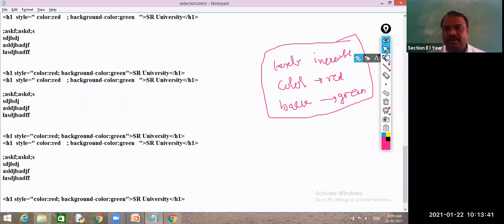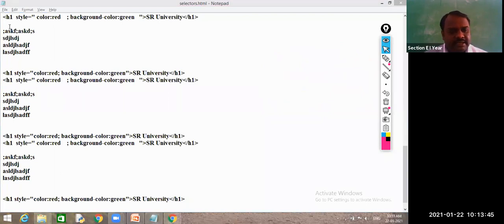Now I will tell you about the element selector. See here, this H1 is one of the elements or not? So what is an element? It is a combination of starting tag, ending tag, the text and related attributes.